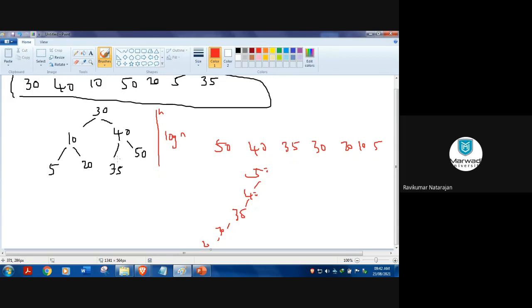So how to find the height? The level starts from here: 0, 1, 2. I'll let you know the formula. If I want to find the height here, for example at this 30, I need to find how many edges there are on the left side, the deepest part, and on the right side. Here, if I take this part, there are 2 edges, right? So I will say 2. So height of left subtree minus height of right subtree. On the right side, which is the deepest? Yeah, 2. 2 minus 2 is 0.